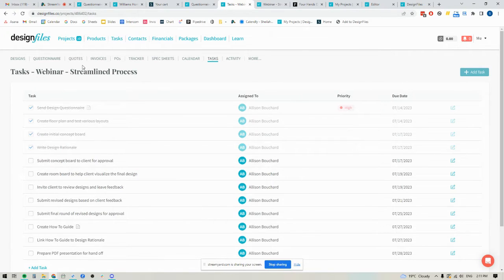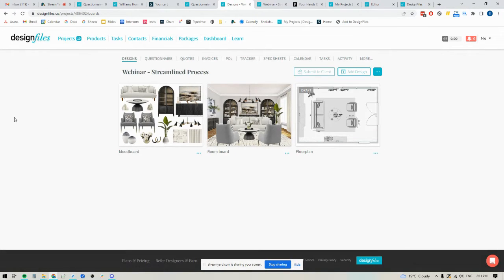Now, aside from creating your questionnaires and getting your task list set, one of the next things that I would probably recommend for every designer, for every single project, is to just make a point of tracking your time. Because here's the thing, it's so important, especially if you're running an e-design business, because if you're charging a flat rate up front and